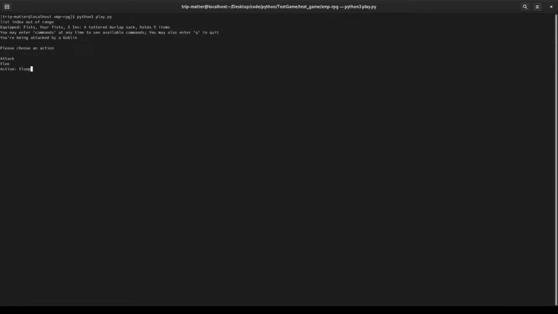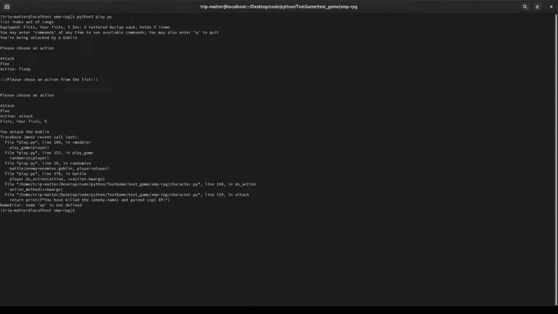Let's just do floop. See, if we had it the way we did before, then the enemy would be attacking right now. But because we have this new way of doing it, we can actually reprompt the users. Let's just attack them. XP. Okay, so